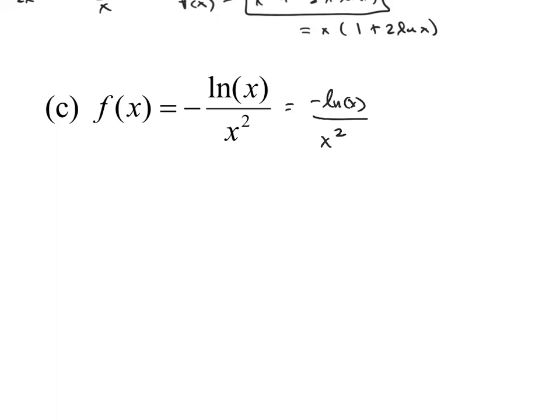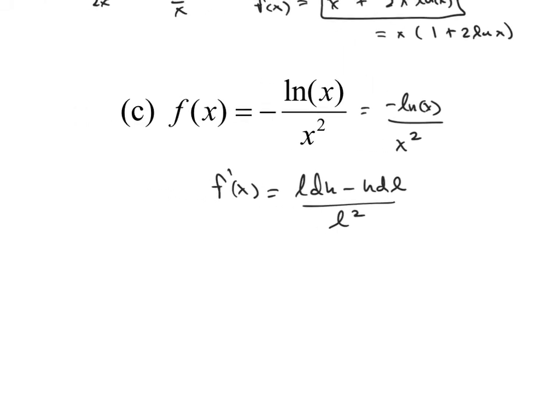So let's look at this one. I'm going to use the quotient rule. So when I do the derivative of this, I'm going to do the quotient rule, which was low d high minus high d low over what's below squared. Let's look at this and say, what's our low function? So our low function here was x squared, and our high function was negative the natural log of x. So the derivative of the low function, the derivative of x squared is simply 2x. And the derivative of the high function was, well, the derivative of natural log of x is negative 1 over